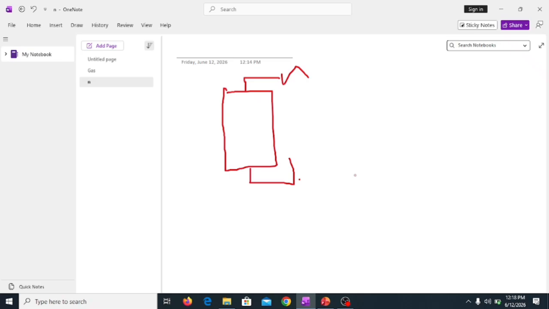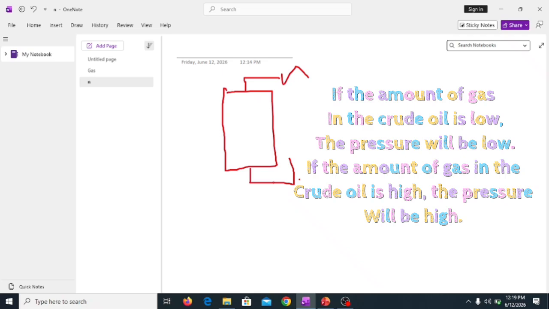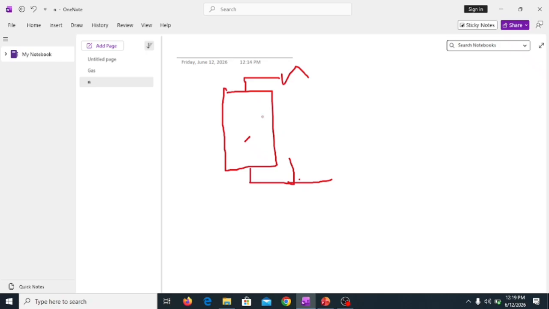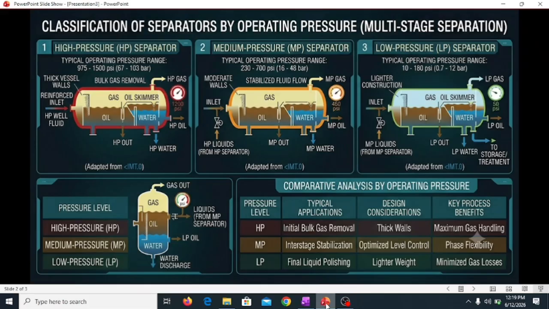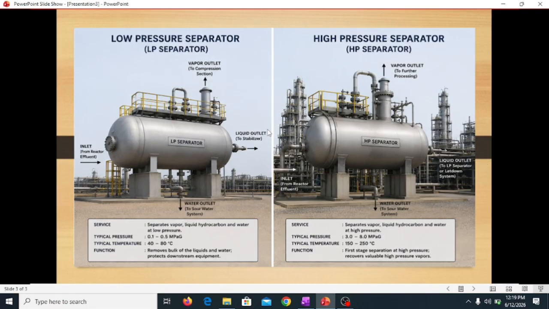When the crude oil is coming with high pressure because of the gas inside, remember, gas is also known as pressure. If the amount of gas in the crude oil is low, the pressure will be low. If the amount of gas is high, the pressure will be high. So when it comes with high pressure, it will dump into the separator, and let me go to the video so that you understand it. Okay, this is our LP separator and our HP separator. By the time it dumps here,